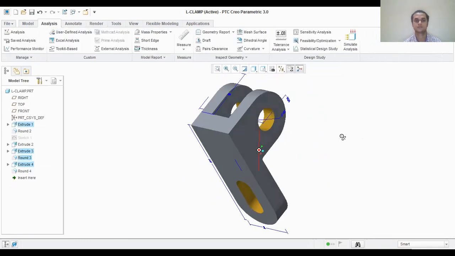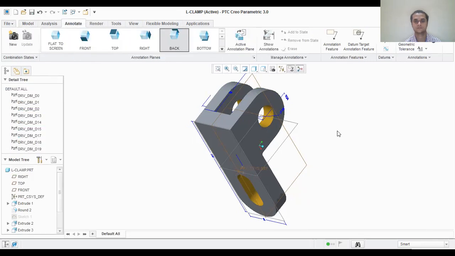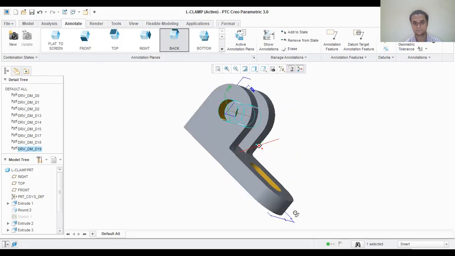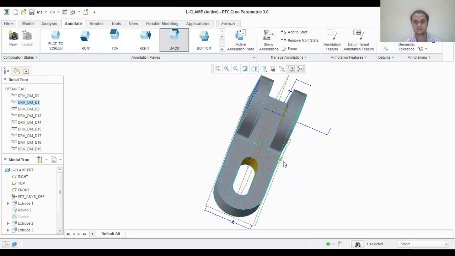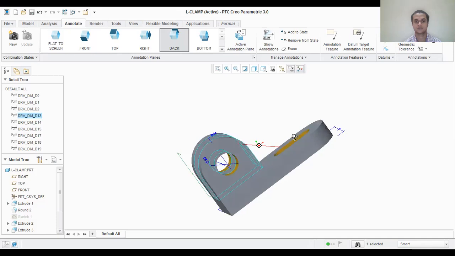So what you have to do is drag it and place it in such a way that it should be at the center. So I'll annotate and I'll select this object and drag it and place it such a way that it should be at the center. So this is 118. I'll drag it and place it at the center. This is 44. I'll be dragging and placing at the center. Okay. And this height is 48. I'll be dragging and placing it at the center. And this diameter is 24.